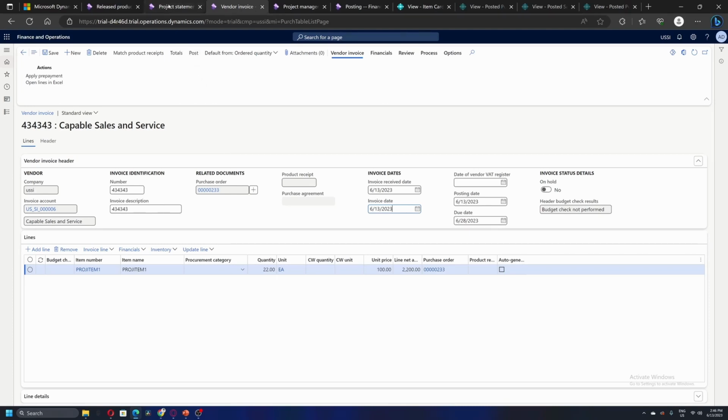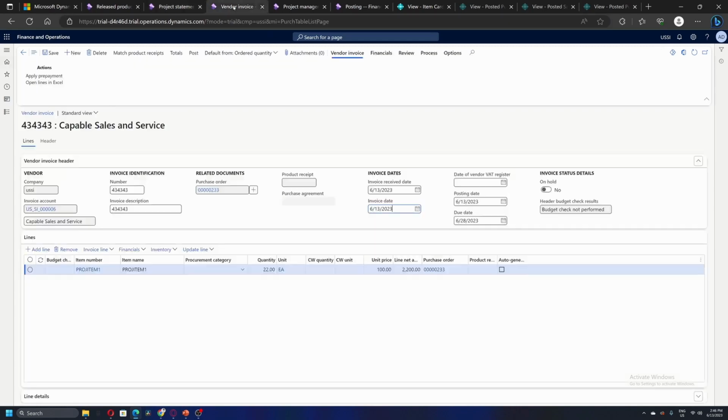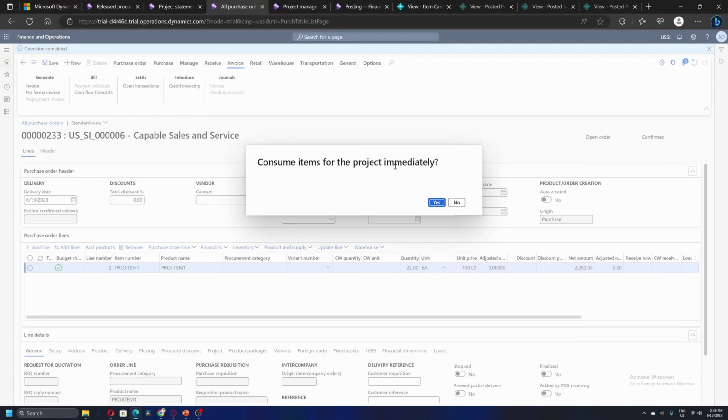Before posting this invoice, let's go to the project statement, do a calculate, and we can see that the item cost debited on the project is 2200. So I'll quickly post this invoice. This invoice is for 2200, so the quantity is 22 and the unit price is 100.